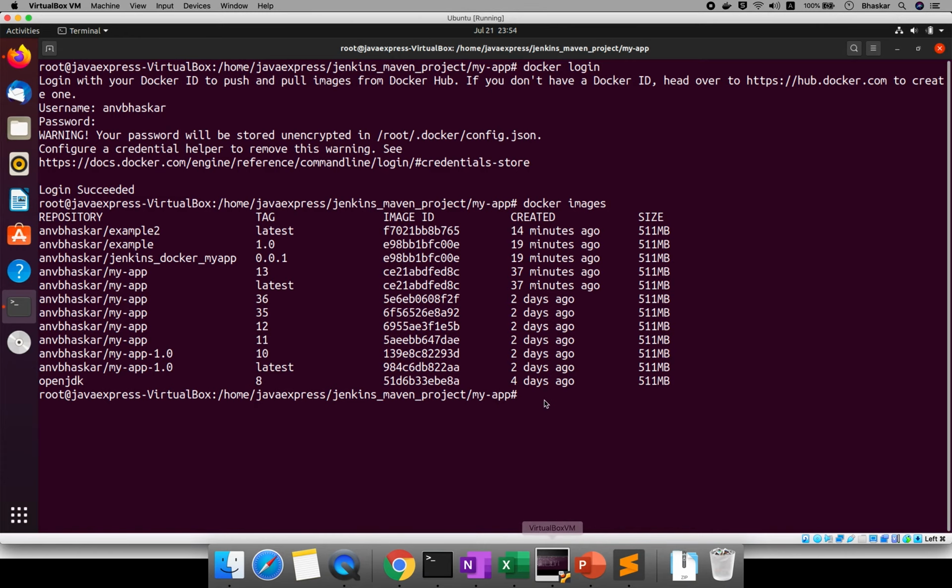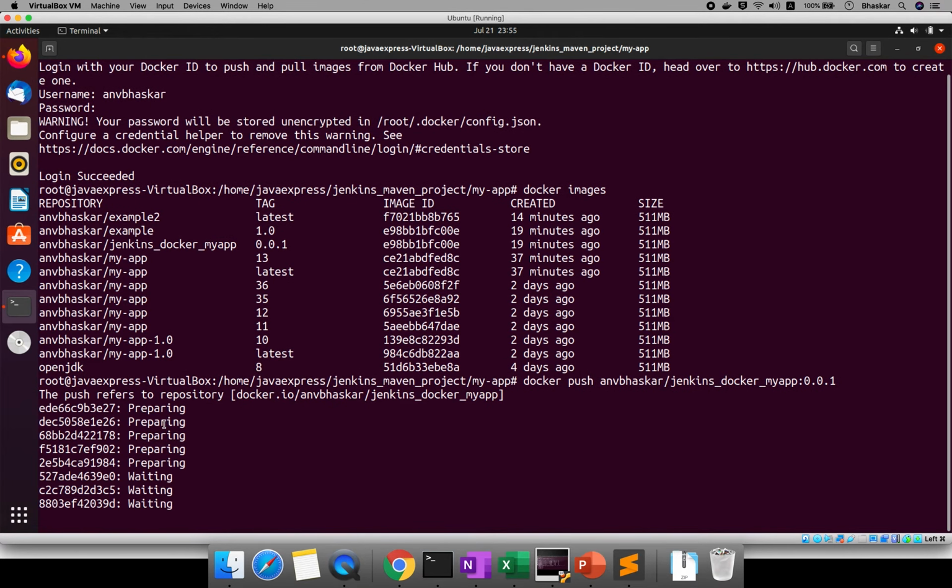What I will do, docker push. Here you can provide your repository, with your username integrated, right? Copy, and colon your version name. What is my version? 0.0.1. Now it will be pushed to your Docker Hub. I'm giving a very high-level explanation for you now. If you want the detailed explanation, please go and watch the Docker videos.